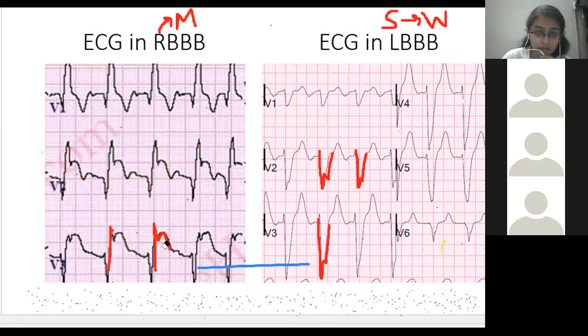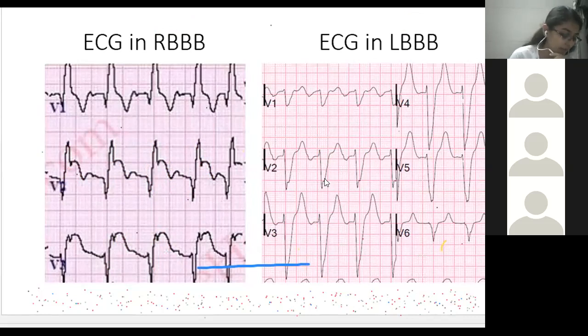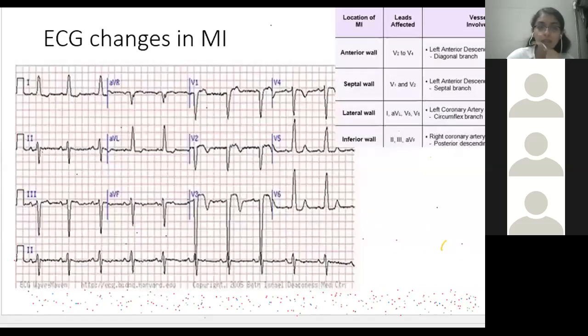All these pathologies you won't get individually; you have to look for everything. Whenever ECGs are asked in spots, you have very little time, so you need to practice and practice so that you are efficient in dealing with it. Three minutes, no? Spot. Yes. Okay.